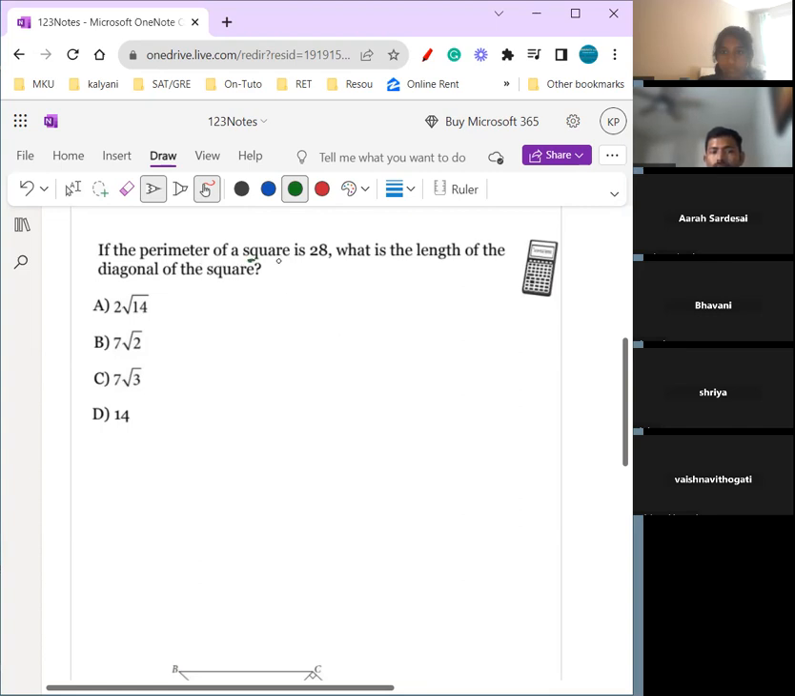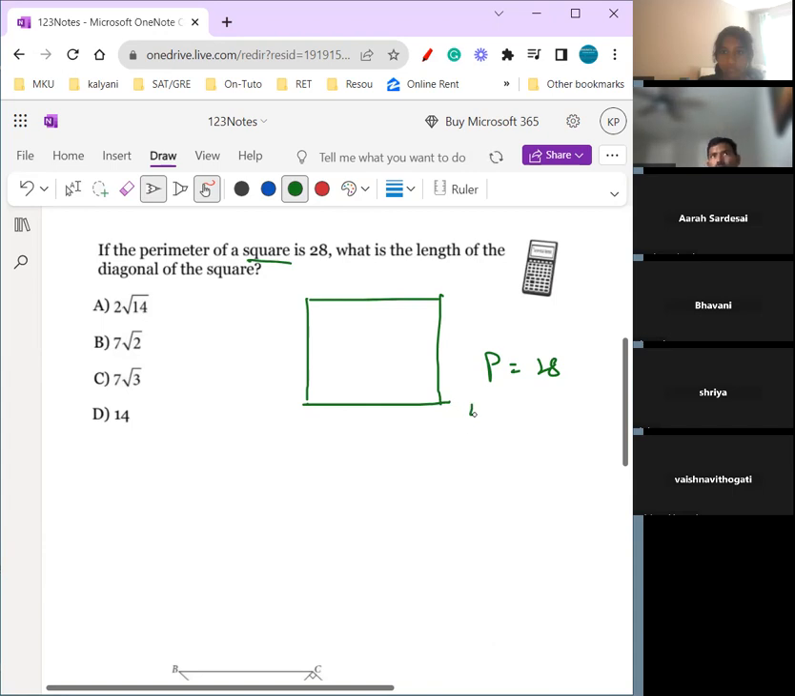So first of all, it says a square, and the perimeter is given to you. The perimeter is 28. Perimeter means adding all the sides, which is 4 times the side, which is 28. If you divide that, S is 7, in centimeters or whatever the units. And then they're asking for the diagonal. Once you know this side is 7 and this is 7,